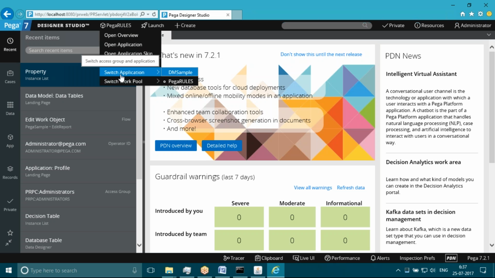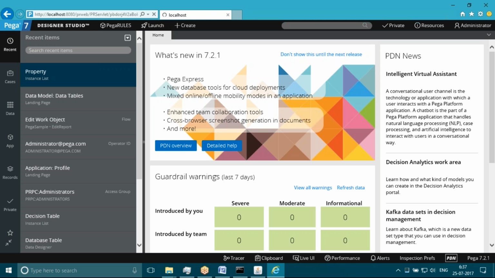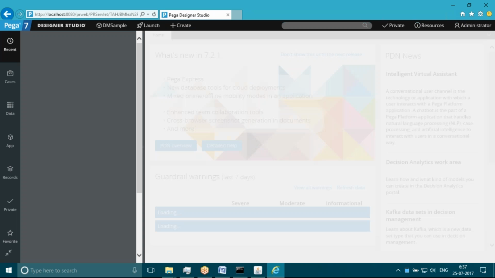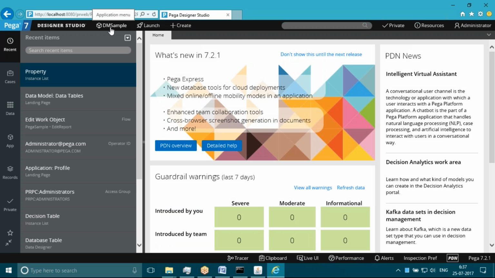And there is one option called switch application. Switch application is nothing but, in the default ID they have given access to two applications. One is Pega rules. Currently we are under the Pega rules application. If you want to switch to another application from the same ID, the other application is DM sample. If you click on that, it is going to switch to that application, DM sample. Again, if you want to switch to the previous application